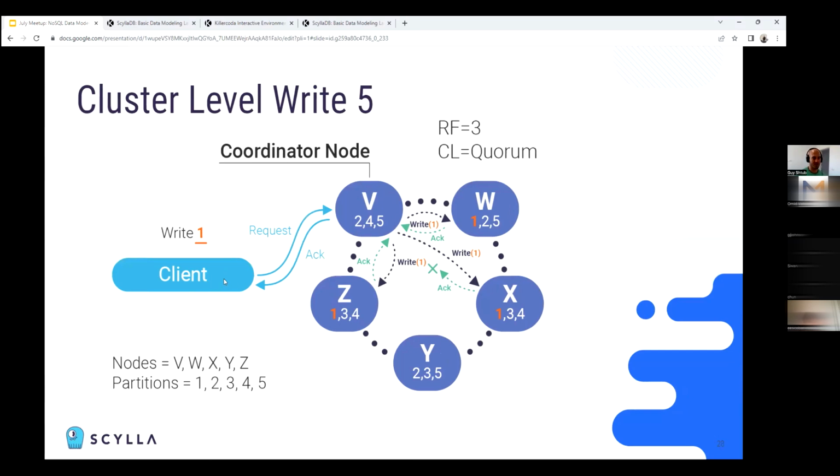and node V will pass along an acknowledgement back to the client. So again, RF is the replication factor. It's 3, the number of replicas that we hold of each piece of data. And CL is the consistency level, which is how many replicas need to acknowledge a query for it